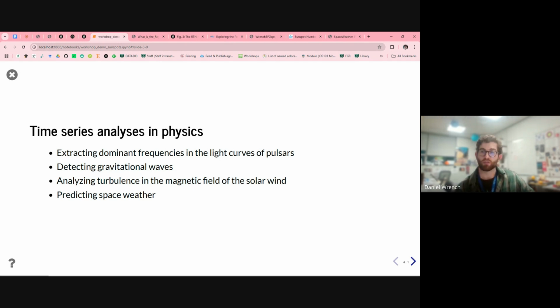And then in terms of astrophysical prediction, you may think of some other ones, but the one that came to mind for me was trying to predict space weather. We would like to know when the next solar flare or CME is going to come towards Earth and knock out all our satellites. Hopefully not. And if we can create better models for those time series, perhaps we can get better at predicting. But obviously, there's a lot of physics that we need to understand to try and help with that.